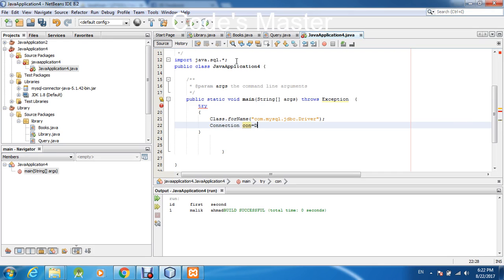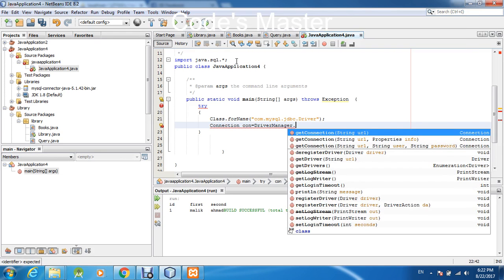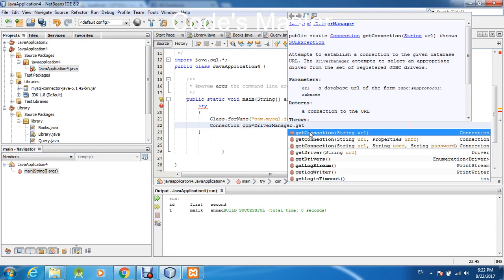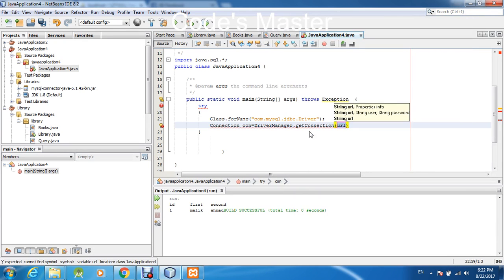By using the DriverManager class, you can see it has many methods, but you can use getConnection, which returns the connection type variable. It takes three arguments: URL, username and password. What is the URL? The URL is the URL of your localhost of your database. What is this? This is JDBC